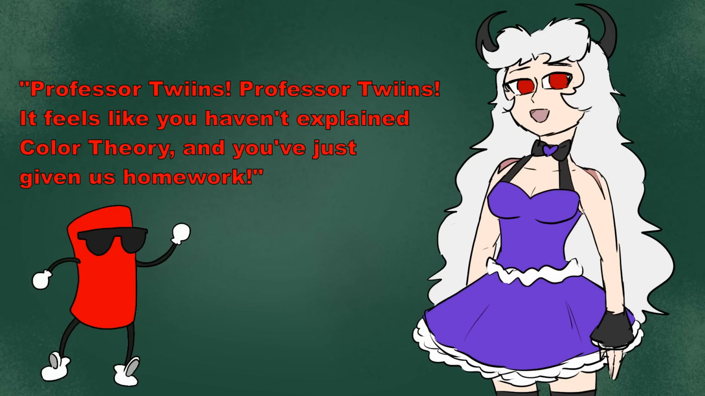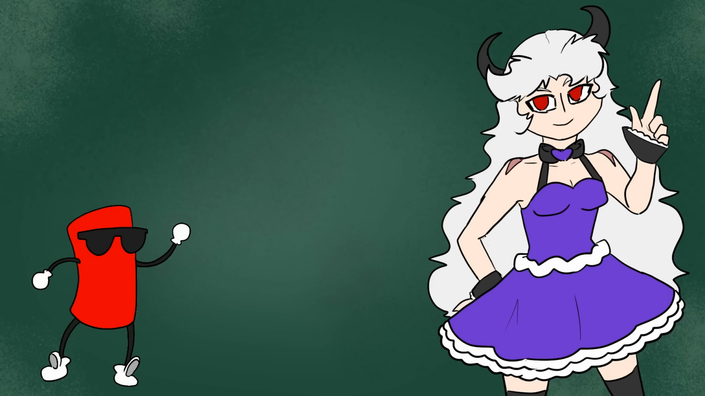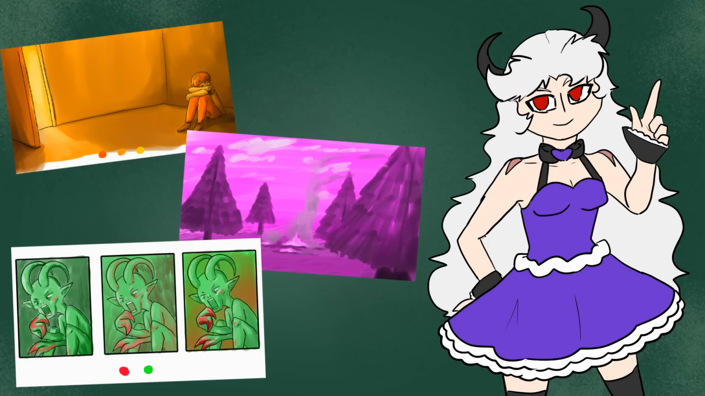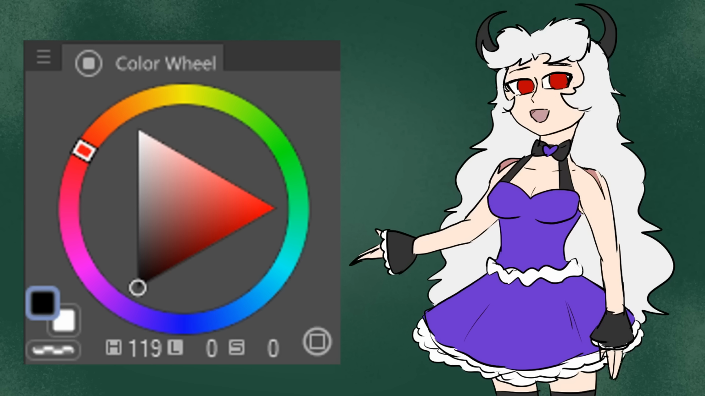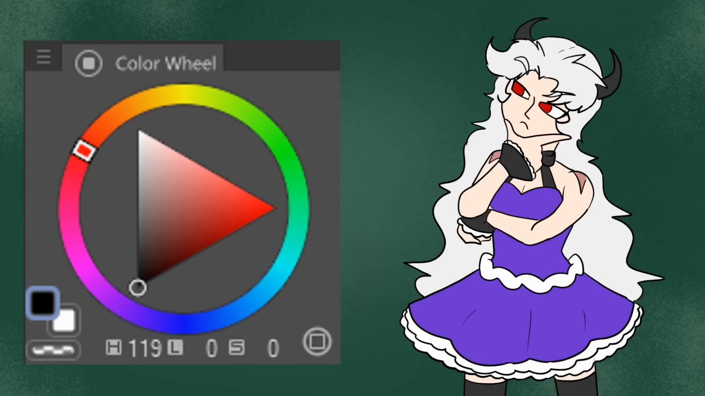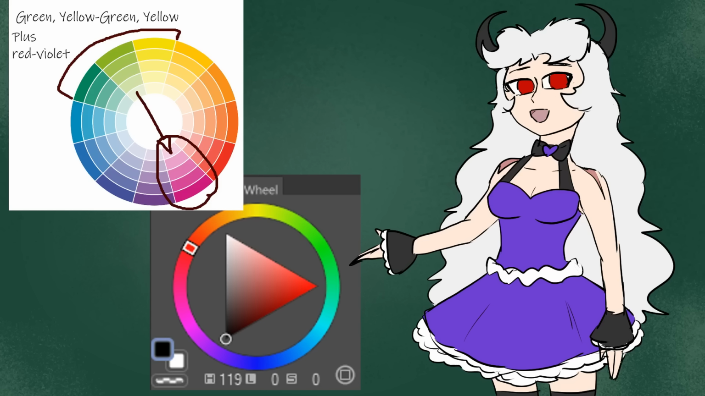Now you may be saying, Professor Twiins, it feels like you haven't explained color theory and you've just given us homework, so I'd like to make sure you understand the point of all that homework. Like I said earlier, color theory is understanding how the colors across the wheel interact with each other. The color wheel is a tool at your disposal, just like a brush or a layer property. The point of all that homework is so you can learn how to use that tool properly. So often, I see artists wander around the color wheel while working, randomly picking colors until they find something they like. These studies are having you learn how to choose a palette with intent and understanding, and the way you